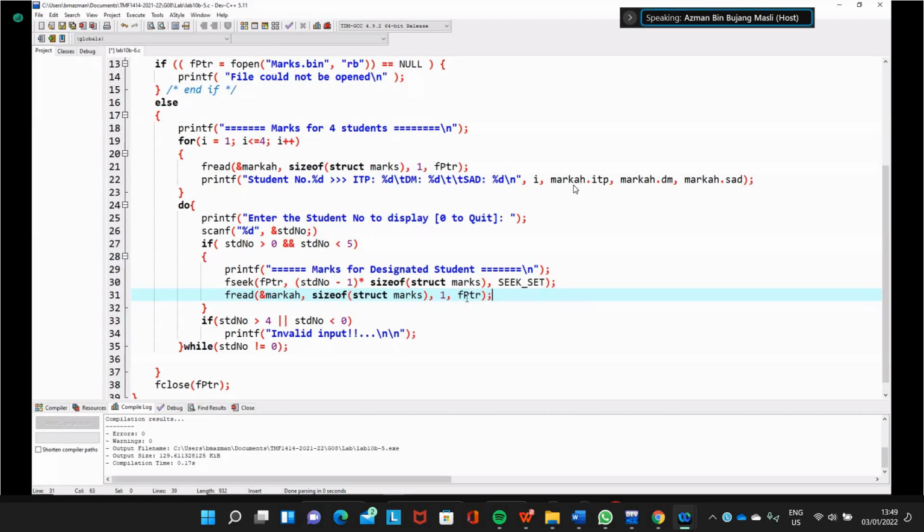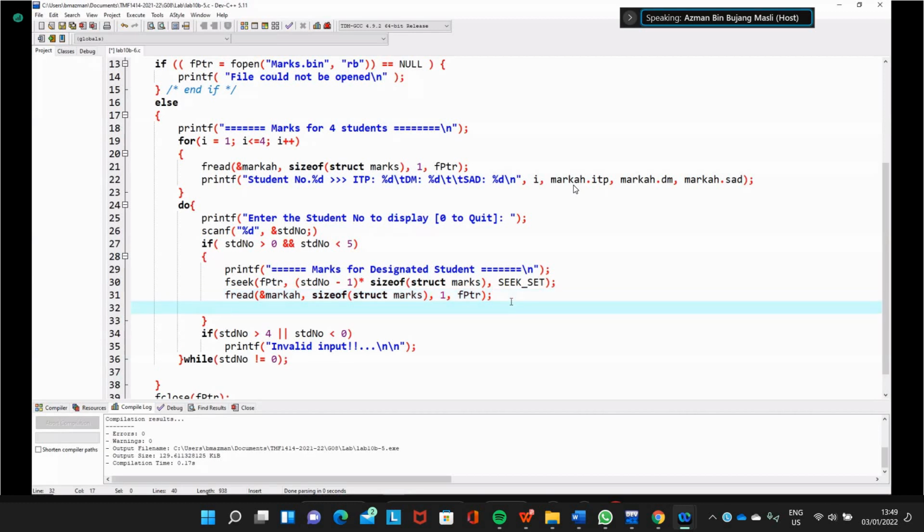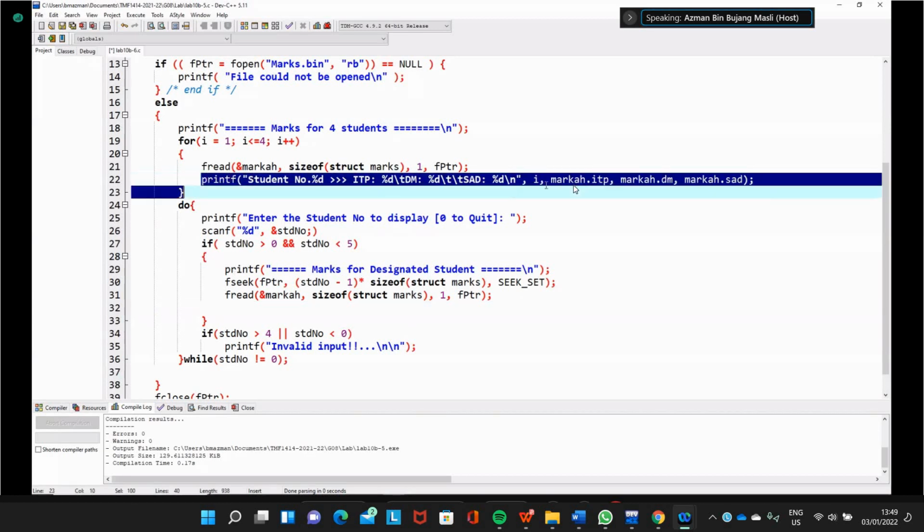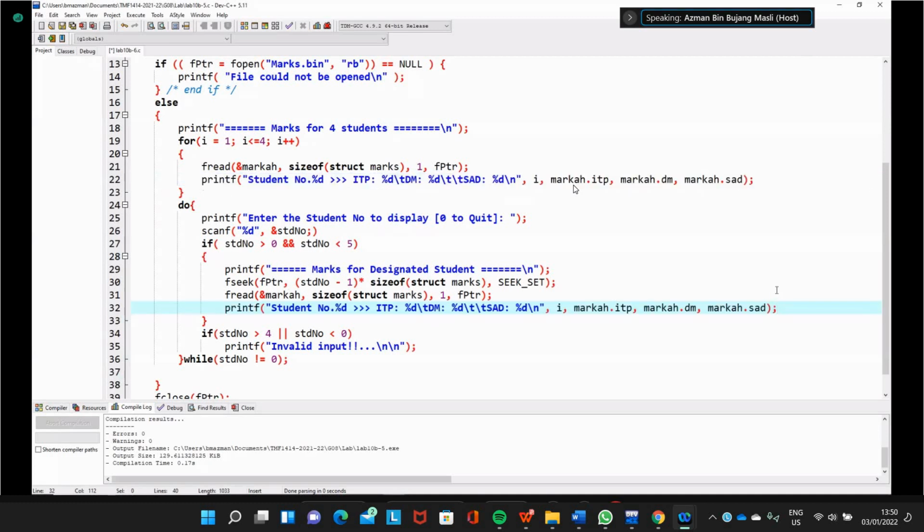So we got the data already. What we do is printf and display the marks, so we can copy paste this one. We just read one data only.